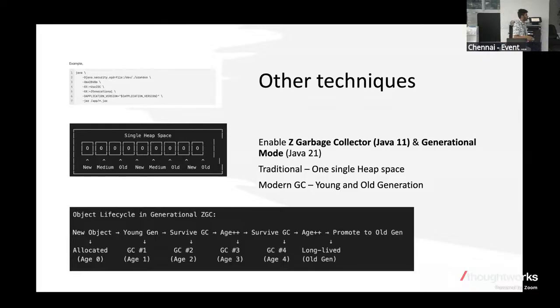So they introduced something called generation mode, where whenever an object gets created, it has the age 0. And whenever the next GC comes in, if it still stays in the heap space, its age goes to 1. Even in the second stage, if it comes to the GC and says, oh, you are still there, so I'll increment it to age 2, which is survive GC. And once it has lived long enough, it will move to an older generation where the GC happens very rarely. So in the young generation, you will have frequent GC happening, but